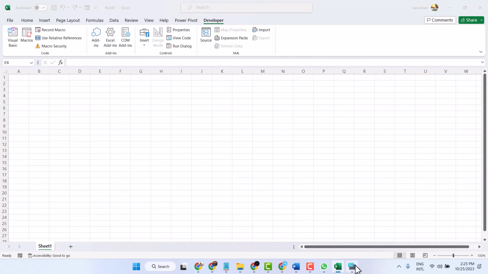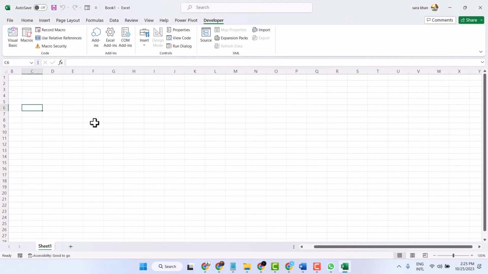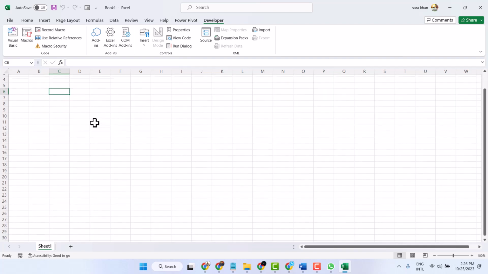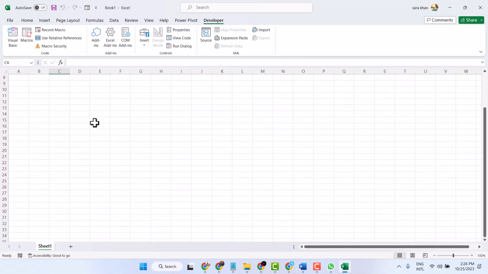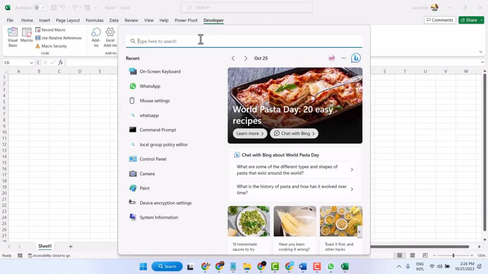As we can see now, the arrow keys are not working. We're not able to scroll. So to fix this problem, click on Start, then search OSK